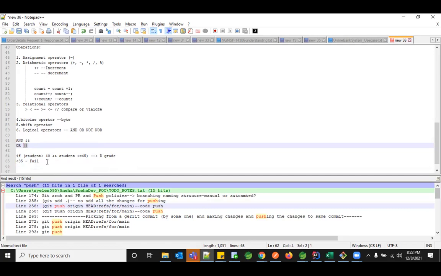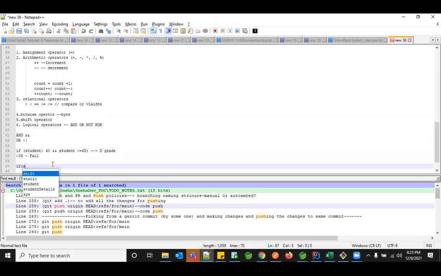What does this OR do? So basically AND is like this condition should be true, and this condition should also be true. Only if both are true, I can say it's a D grade. If any one fails, then I can't say he's in the D grade, so I'll say he's failed. That's it. OR operator is something where if any one condition is satisfied, we can proceed. So basically, if the student is greater than 70 or the student is greater than 65, he is into first class.